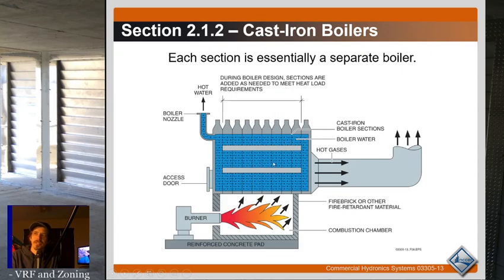Each section is essentially a separate boiler. So you'll have the burner. During boiler design, sections are added as needed to meet heat load requirements. Cast iron boiler sections, fire brick or other refractory material in the burner section. You've got a combustion chamber. The heat goes across these sections of the boiler, and then you basically have little individual vent sections going out. So the heat travels up in between the sections, and you're exchanging heat between the burner